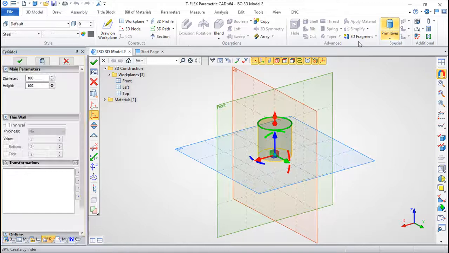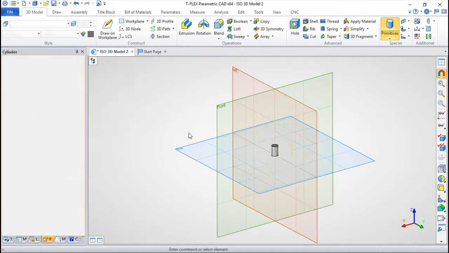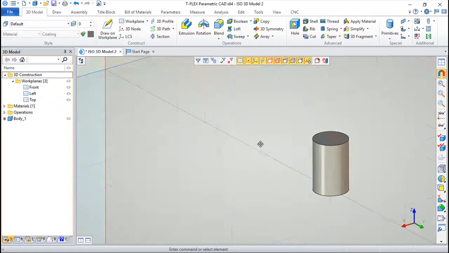First, I will create a cylinder. I think it's the easiest one to consider. I will change the diameter, or even a little lower. So we have a small cylinder,